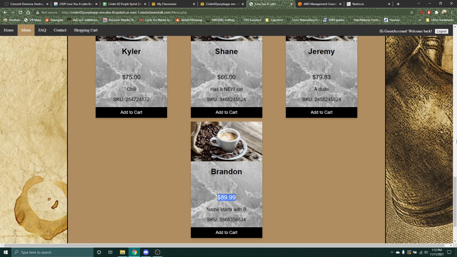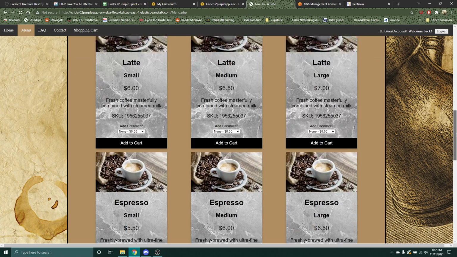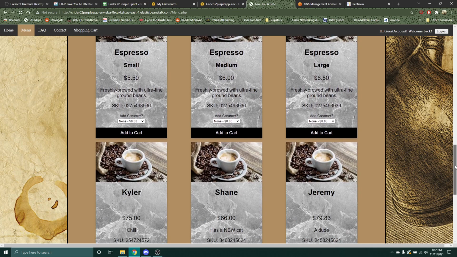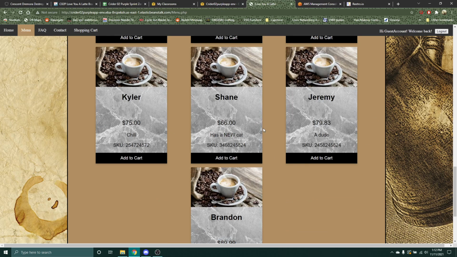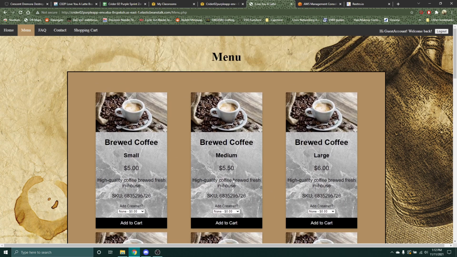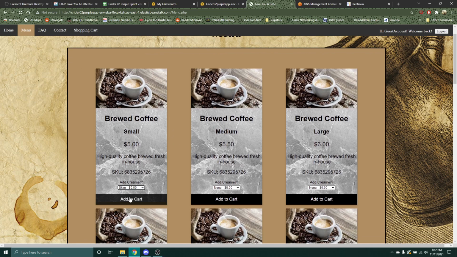Now we will do support creamers. So on all drinks, there are creamers. As you can see, we have add creamer in a drop-down box. That does not apply to non-drink items. So you don't see a drop-down box on any of these. Okay. So if I click,